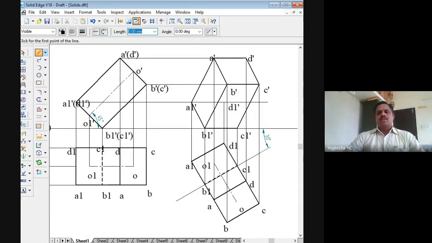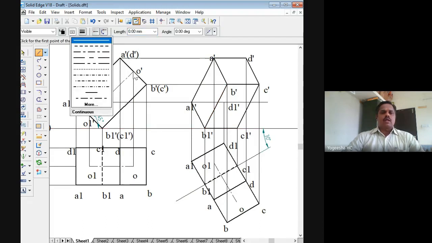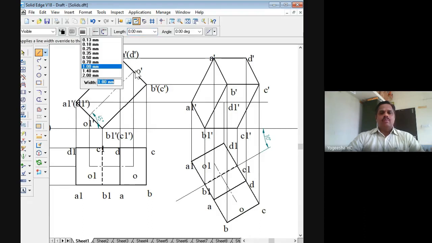Then the bottom base, as I told, A1, B1, C1, D1 is away from the observer, so it should be a hidden line. All lines joining with A1, B1, C1, D1 should be hidden lines. But outer edges we have already joined as thick line. Only the remaining lines we can mark as hidden lines. What do I have to do?